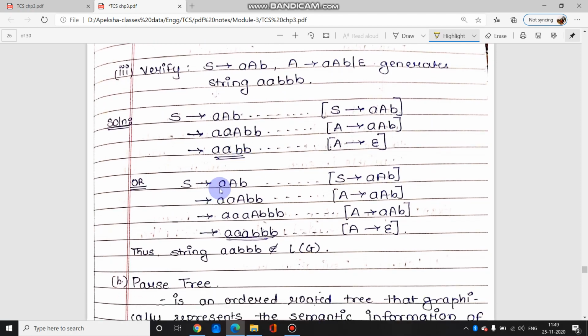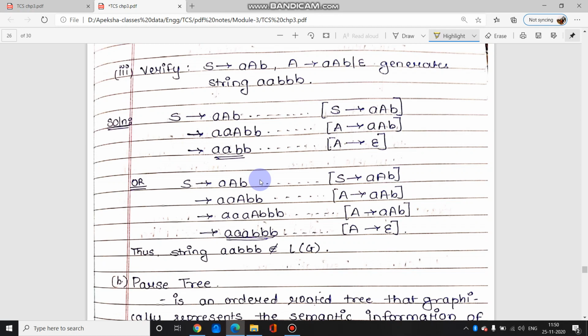Another case is where over here instead of epsilon you can put again same production rule a a b. So ये एक, जैसे ये a की जगह पे ये रूल डाला है, similarly ये a की जगह पे वही रूल डाला है, and then you put epsilon. But if you see you are getting 3 a's and 3 b's. So यहाँ पे क्या है, 2 a's 3 b's चाहिए. So यहाँ पे 2 a's 2 b's है, यहाँ पे 3 a's 3 b's है, which means how much ever you try to derive it, you are not going to get the string you need. So it simply says that this string does not belong to the given grammar.